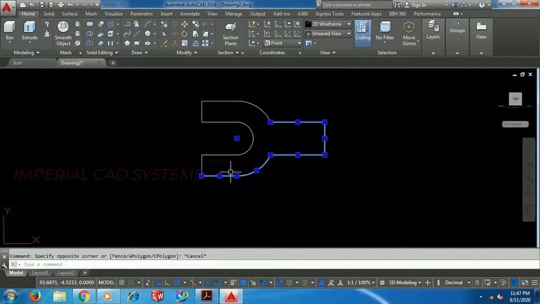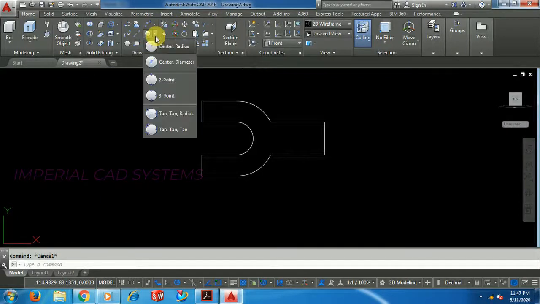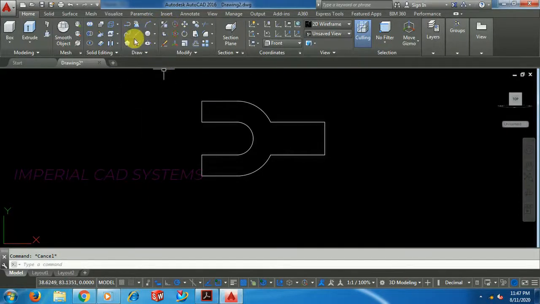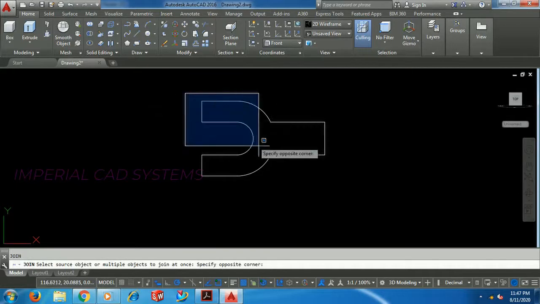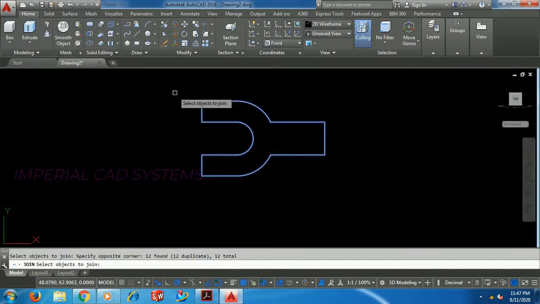In that case, go to the command join, or use the shortcut J enter. Select all the objects, enter, again J enter, again select these elements. Now it becomes a single entity profile.